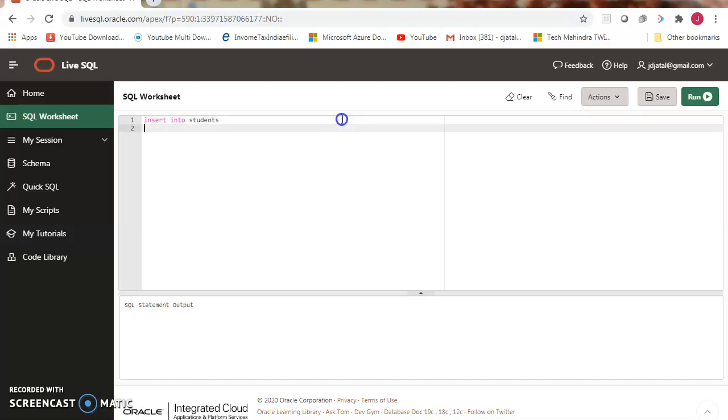Now I am entering the value for only the column name. I am leaving the student ID column as a null column. I am putting the value for only the name column. Then what will happen? See here.